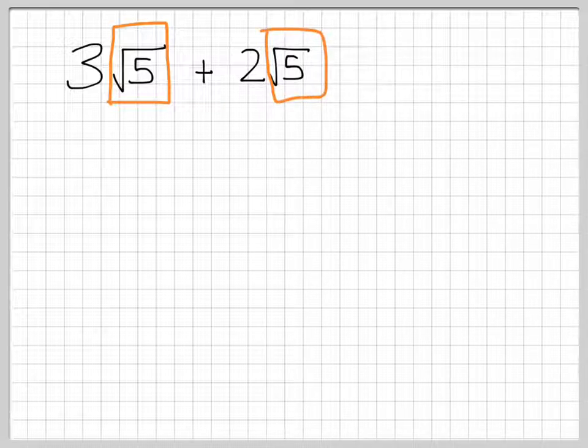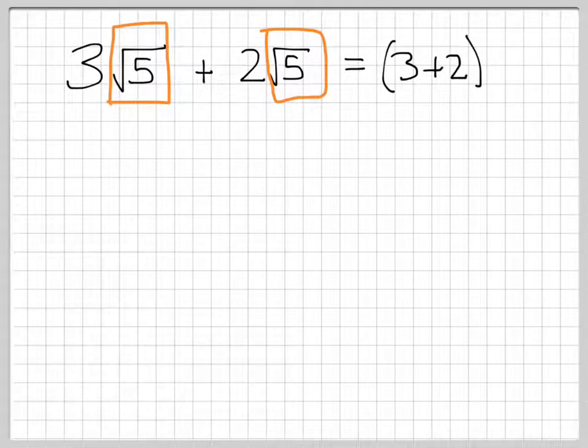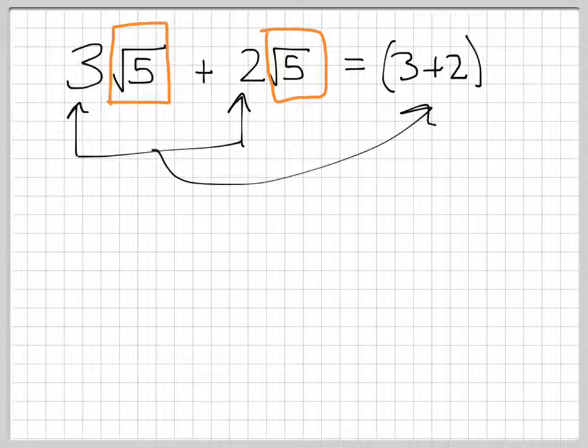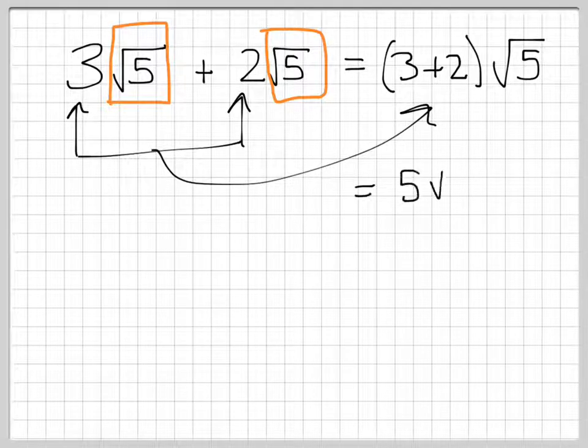If you had 3 oranges plus 2 oranges, you'd say you have 5 oranges, right? You add the numbers in front here, right? And then you tell me the things that you have. So you'd have 5 radical 5s,